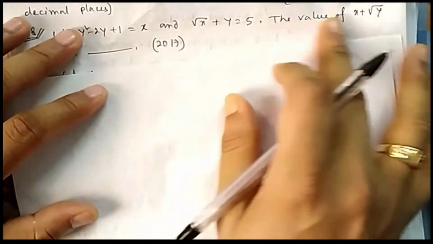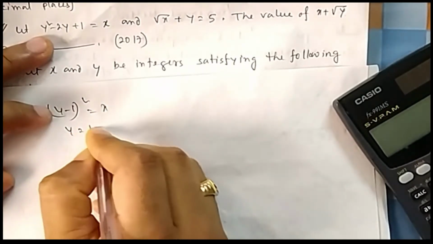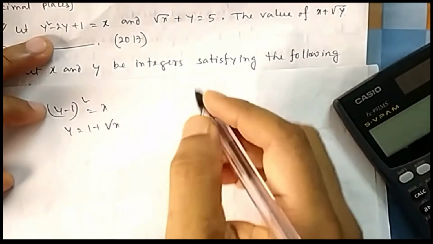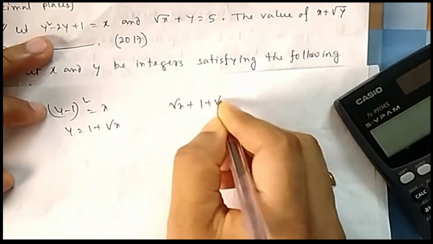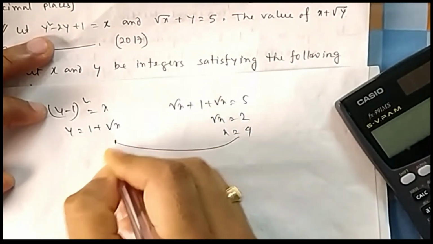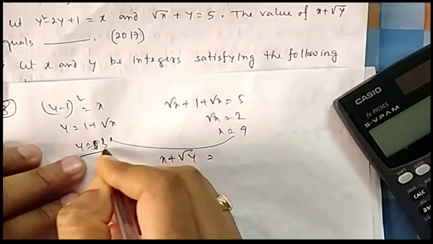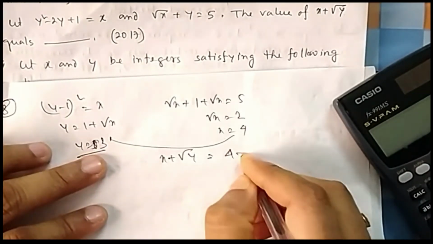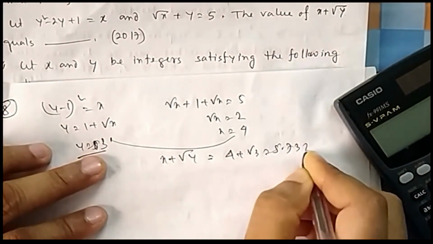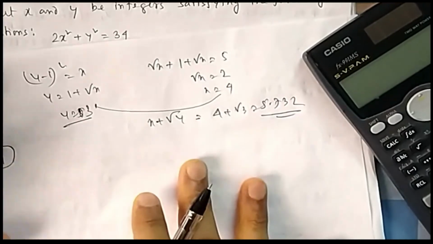Next, y is equal to this, these two equations are given, x and y, find the value of this. This is easy, simply you solve these two equations, no need to go for numerical methods. This is (y minus 1) whole square equal to x, that means y equal to 1 plus root x. Instead of y, put 1 plus root x; then 1 plus root x equal to 5, or root x equal to 4 by 2, or x is equal to 4. If x is equal to 4, then y is equal to 5. Then what they are asking, x plus root y, so this is 4, this is 3, so it will be 4 plus root 3, so that is 5.732. You can easily find, root 3 is 1.732. So this was an easy, straightforward question, just simply solving x and y.